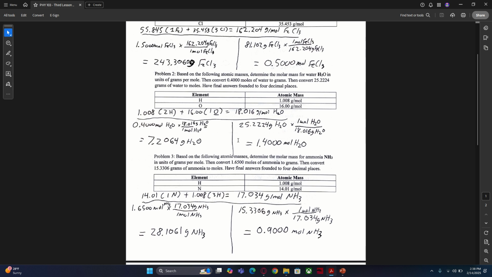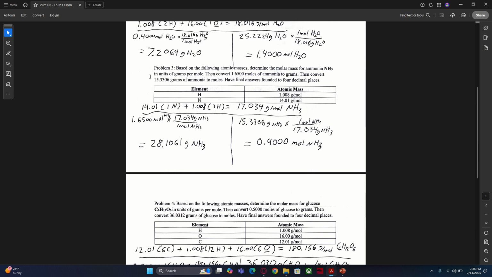Now, this problem here, problem 3, the molecule that we're working with is ammonia, NH3, which consists of 1 nitrogen and 3 hydrogens. Nitrogen has an atomic mass of 14.01, multiplied by 1 nitrogen, plus the atomic mass of hydrogen, 1.008, times 3 hydrogens. This gets us to a molecular mass, or a molar mass, of 17.034 grams per mole